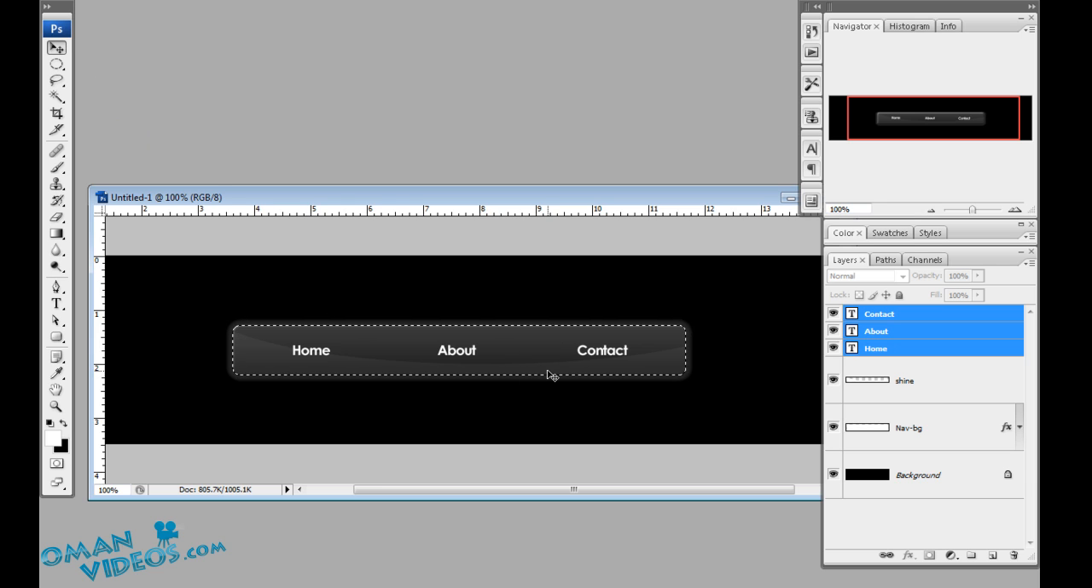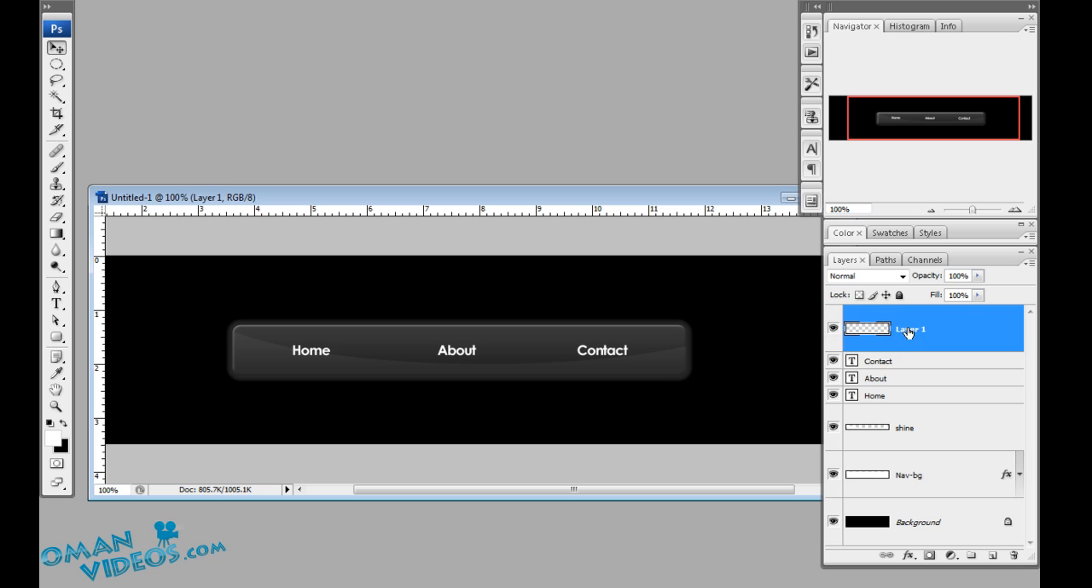So let's deselect that by pressing Ctrl D, and let's add some separations for this since we don't really know where the button is ending. We know where it starts for the first and ends for the last, but we don't know anything about the About. So let's add a new layer here up and call this bars, and now using the shape tool, let's use the line tool and make sure you still have your fills